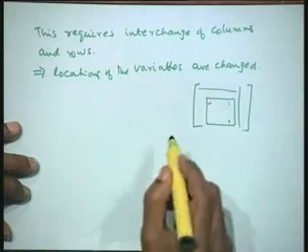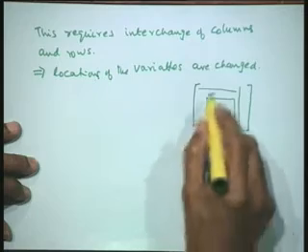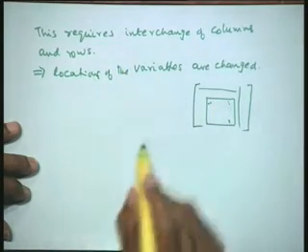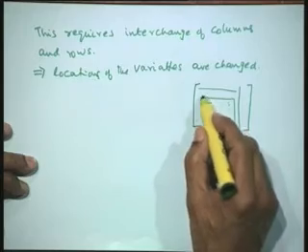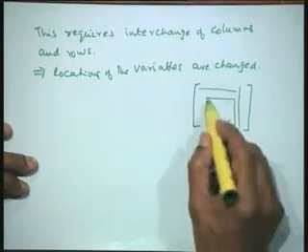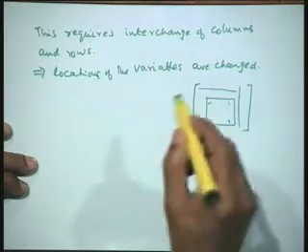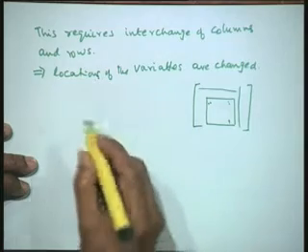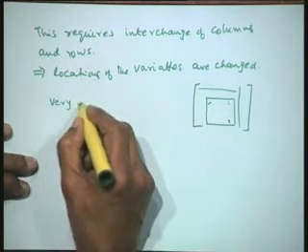Therefore we need to keep track of the location, once the procedure is complete, of which position the variable is now in. x1 may not be in the x1 position, it might have gone to 100, it might have shifted from 100 to 50, then it might have changed position again. So we need to keep an index and keep tracking where all these elements are. Therefore the procedure is very expensive, because we will be comparing in the first stage n square elements, then n minus 1 square elements, n minus 2 square elements and so on, and besides that, keeping track of all these locations would be very expensive. Therefore this procedure is very expensive.